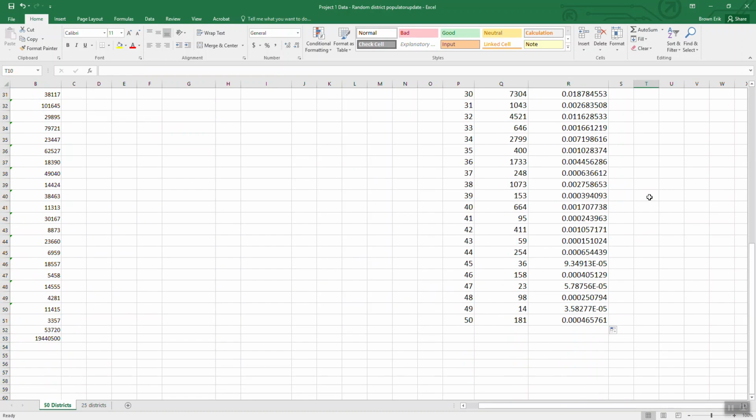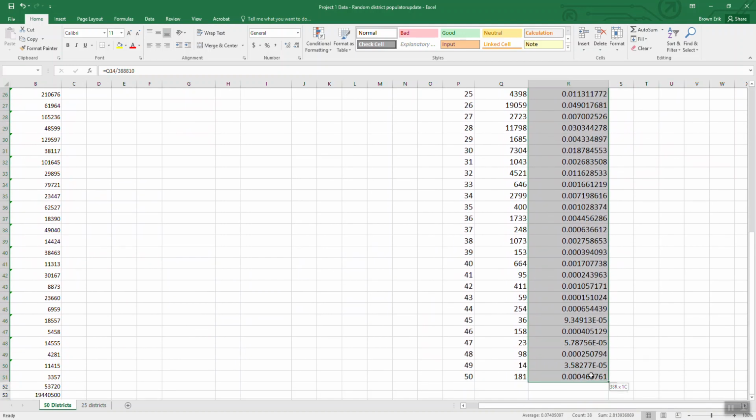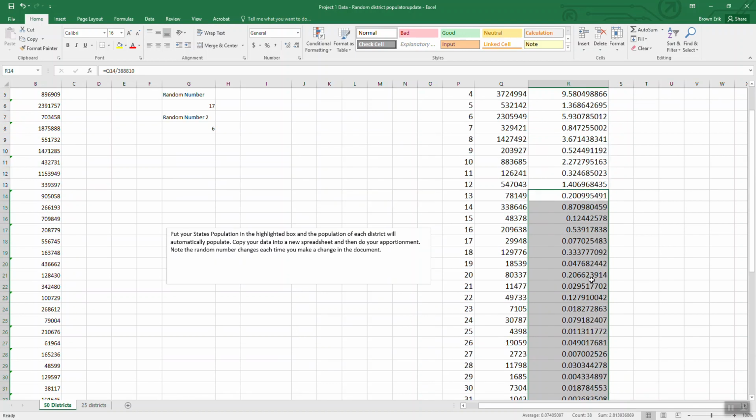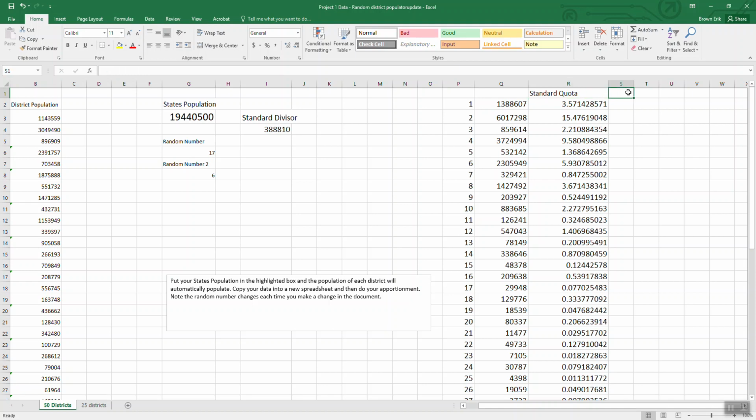Now, I can see that there's immediately a problem. Look at all of these. These are really tiny numbers, right? So these all have a lower quota of 1 and an upper quota of 2, which makes this a not very interesting deal. So I'll let you go from there to finish this project out, but essentially you've got to type out your lower quota and your upper quota,